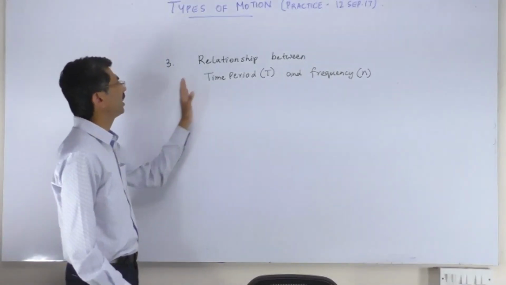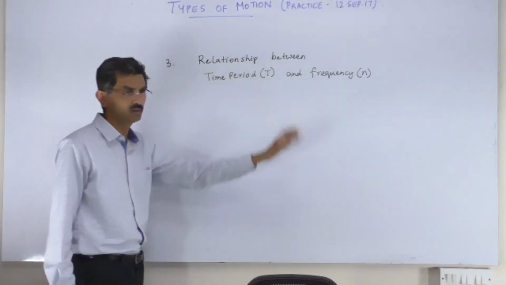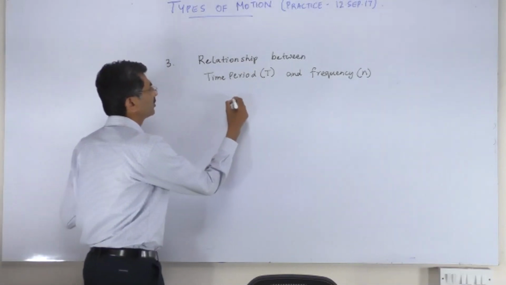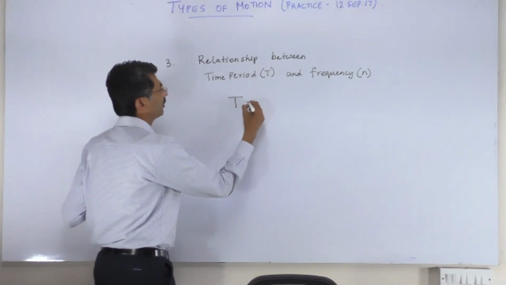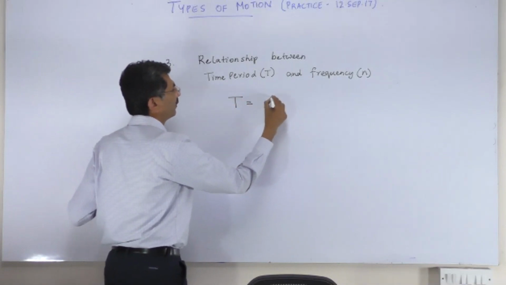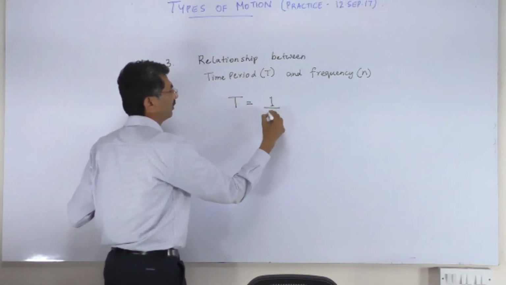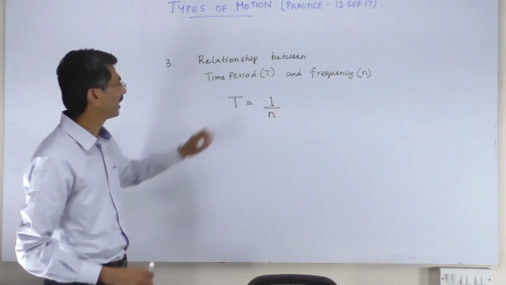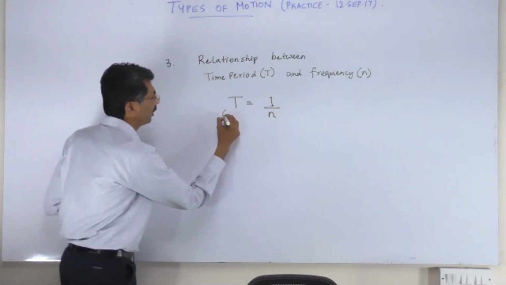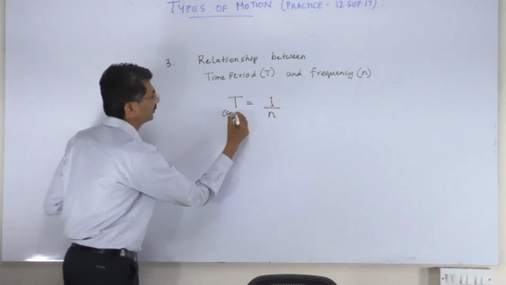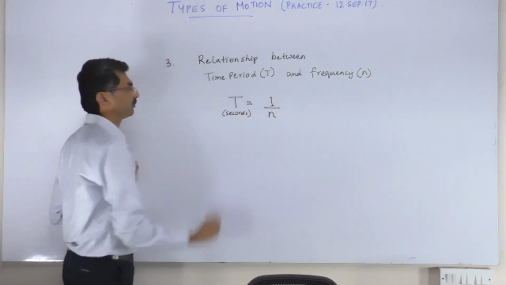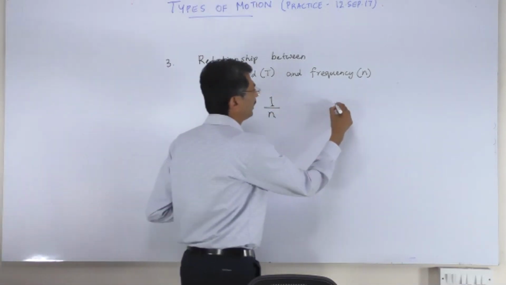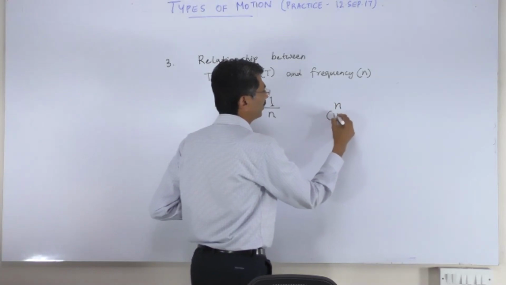So the question asks for the relationship between time period and frequency. The relationship is time period is 1 divided by frequency. The time period is usually expressed in seconds, and the frequency is usually in hertz,